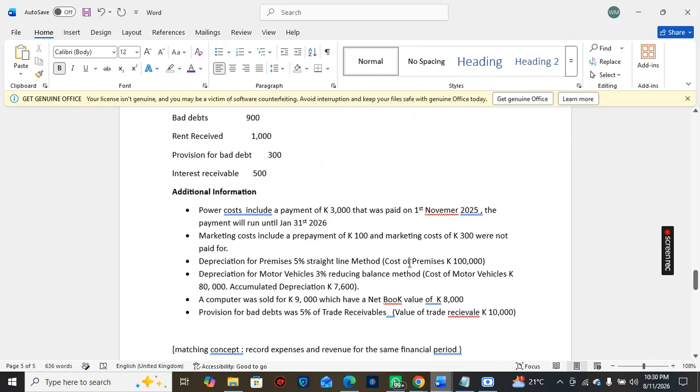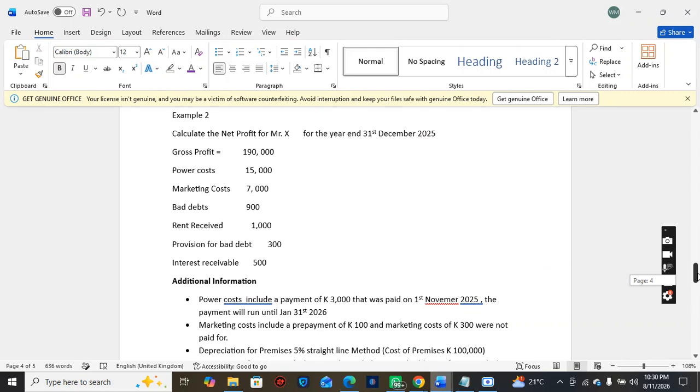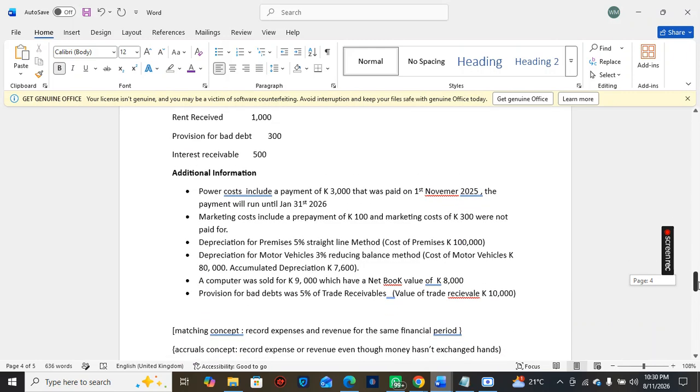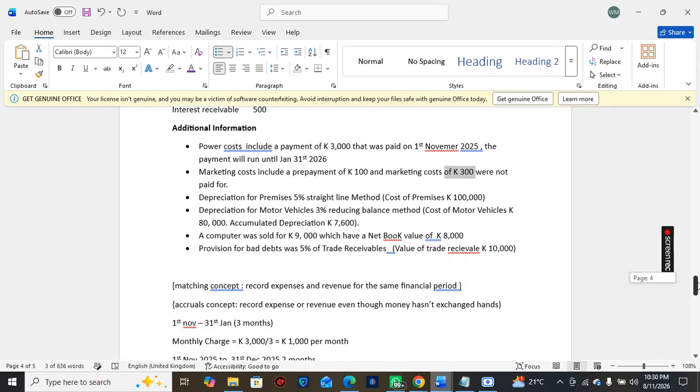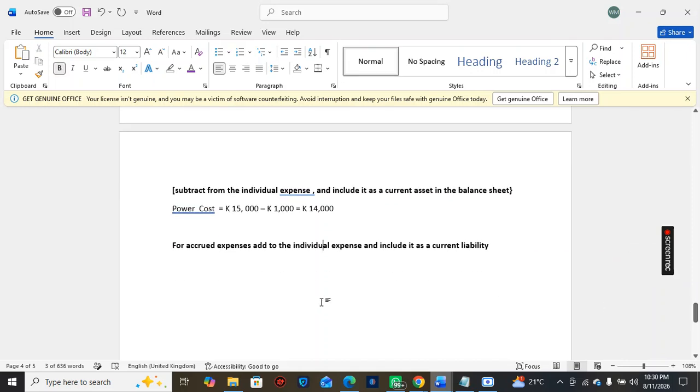So for marketing costs, since we've got a prepayment and an accrual, what is the value of the marketing cost? 7,000. So we subtract the prepayment. Remember this 100 kwacha prepayment, subtract, then include it as a current asset. Then the accrual, add it and include as a current liability. Okay. So we're going to say marketing costs equal 7,000 minus prepayment